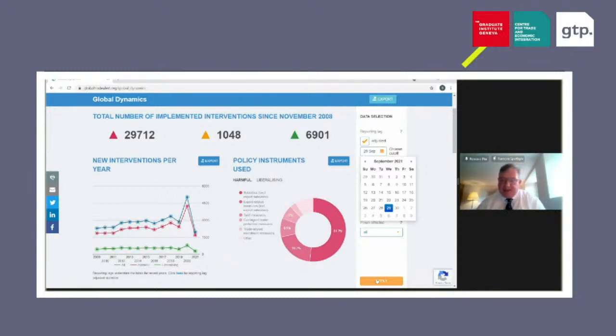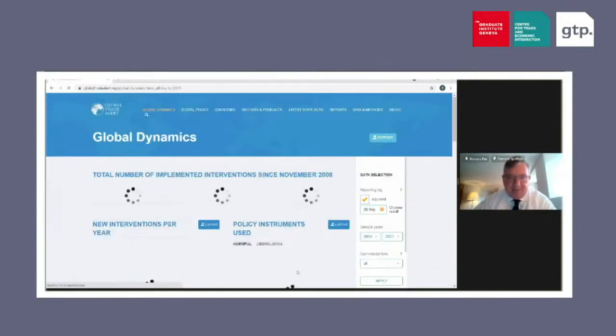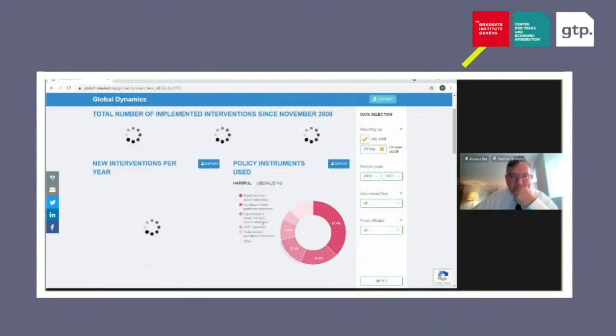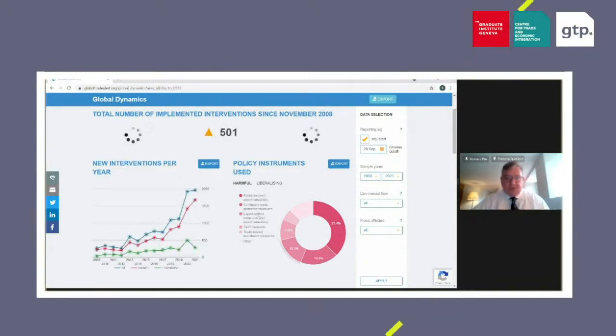So we will be able to compare the totals for reported by 2021 against 2020, against 2019, on the basis of the same reporting length. And this is the information which will now come up, I hope, over time. This may take a few seconds as this does this. And this will show us the annual totals that have been reported each year.